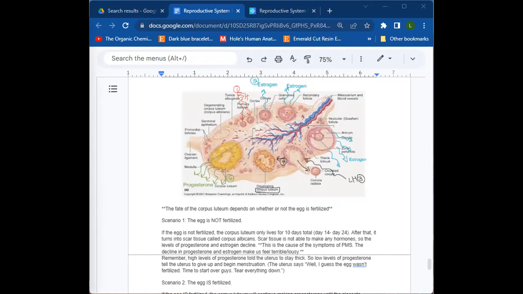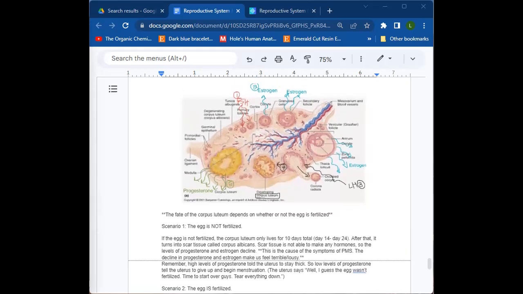So if the egg is not fertilized, then the corpus luteum only lives 10 days. So from around day 14 till about day 24. Then after that, it is going to turn into scar tissue